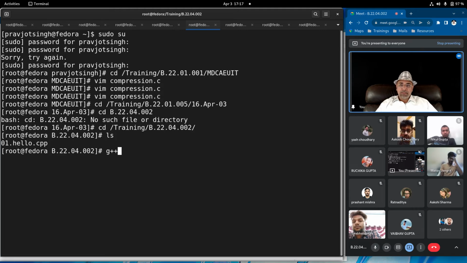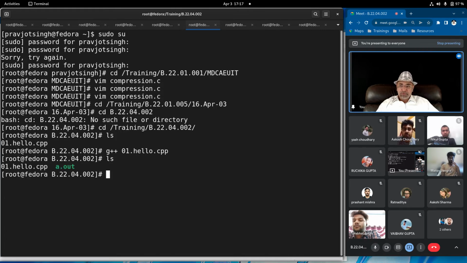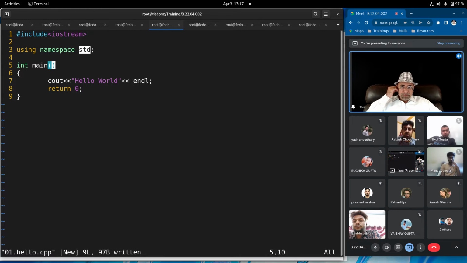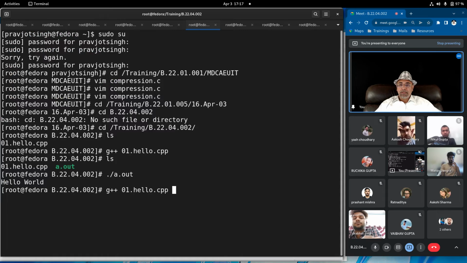G++ is the compiler for compiling C++ programs. So I compiled my first program and it produced output: Hello world, congratulations. You have started C++. Now the very first thing I do is I comment this namespace. What would happen? Compile.